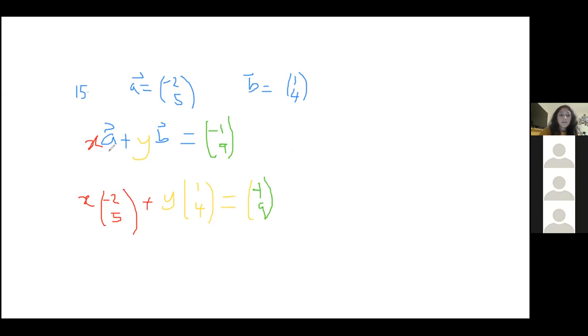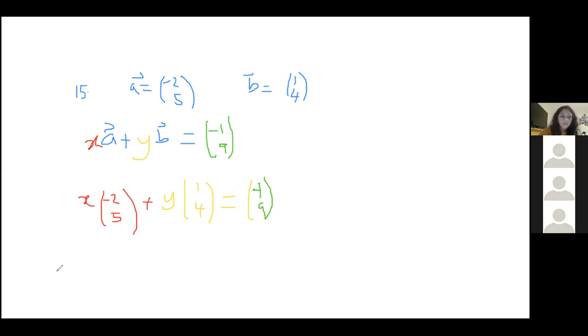Now, what we do here is something rather nice, actually. So we have an x and we have a y. So we collect the x terms together. I guess it's a bit confusing because I used x and y as my actual variables. But when I say x component and y component, I'm just talking about -2 being along the x-axis, 5 being along the y-axis. Same thing with 1 and 4, 1 being along the positive x and 4 being along the positive y, and so on. So we collect the x and y terms together and we separate them out and then we equate that.